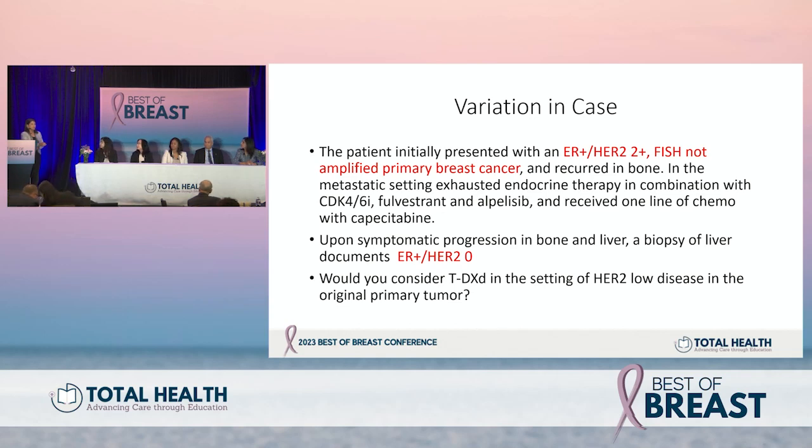So, as I mentioned when we started, these cases are engineered, and we've taken the liberty of changing this case a little bit to bring up the discussion of HER2 low. So let's vary the case a bit. Say the patient initially presented with an ER positive HER2 2+ FISH not amplified breast cancer, and then developed a